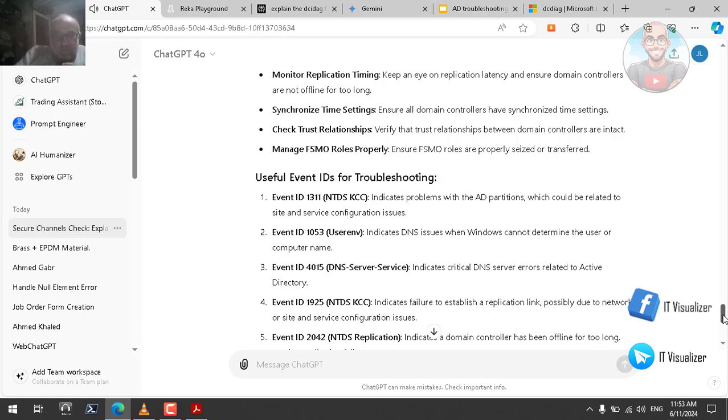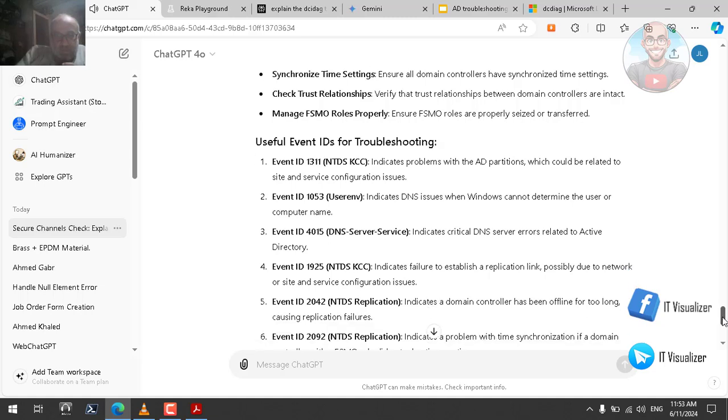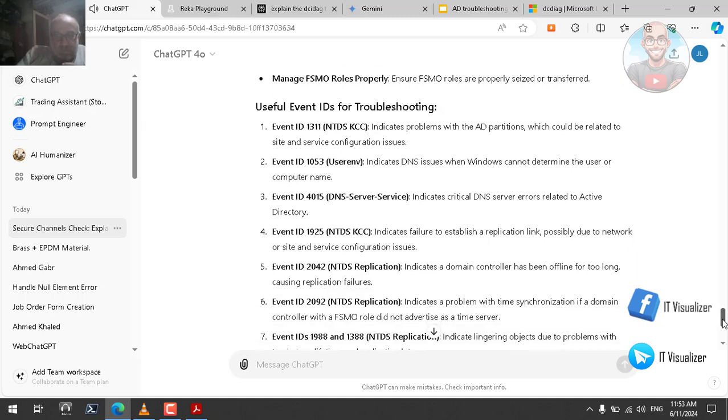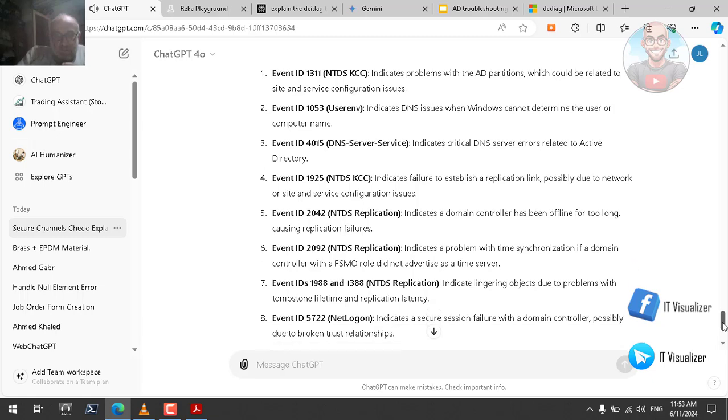Useful event IDs for troubleshooting. 1. Event ID 1311 NTDS KCC indicates problems with the AD partitions, which could be related to site and service configuration issues. 2. Event ID 1053 User32 indicates DNS issues when Windows cannot determine the user or computer name. 3. Event ID 4015 DNS server service indicates critical DNS server errors related to Active Directory. 4. Event ID 1925 NTDS KCC indicates failure to establish a replication link, possibly due to network or site and